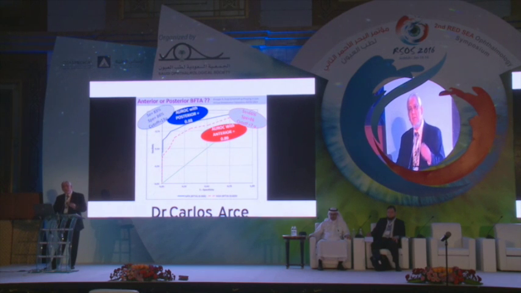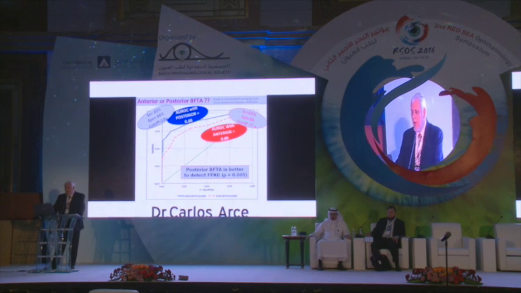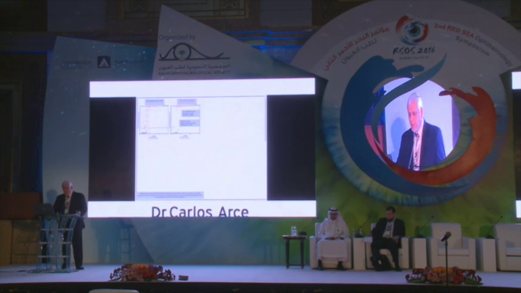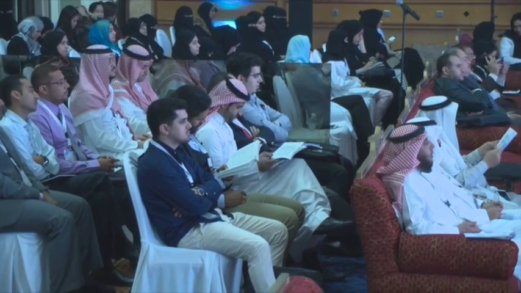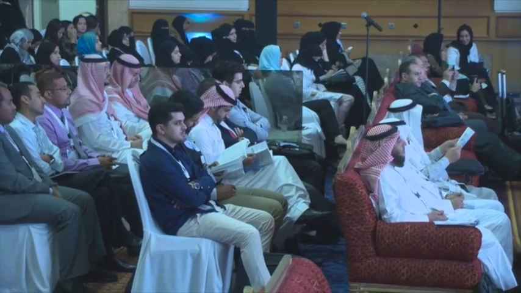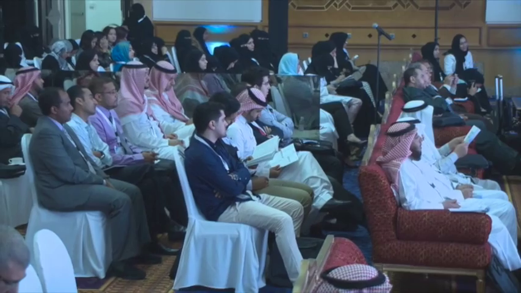And which one is better, anterior or posterior best fit toric-aspheric? We know now that the posterior is better, with more sensitivity and specificity to detect frustrate keratoconus. However, there is more coming. With the combination of curvature, axial and tangential, best fit sphere, anterior and posterior, and pachymetry, it was possible to create a new index called Cone Location and Magnitude Index X,